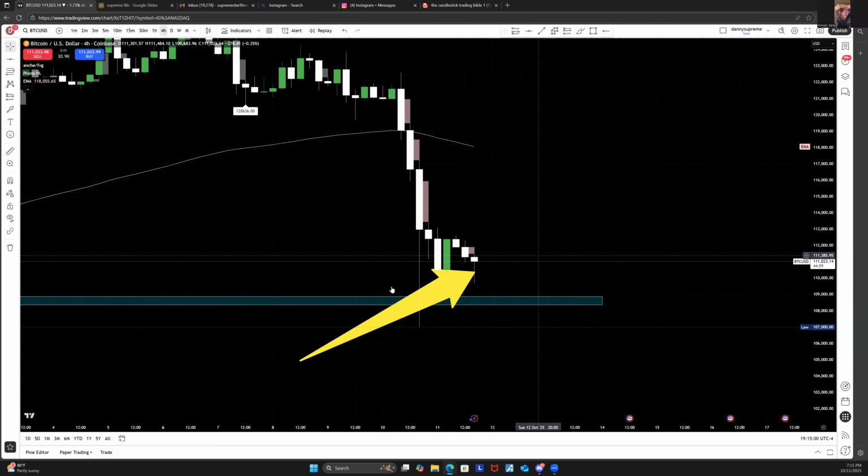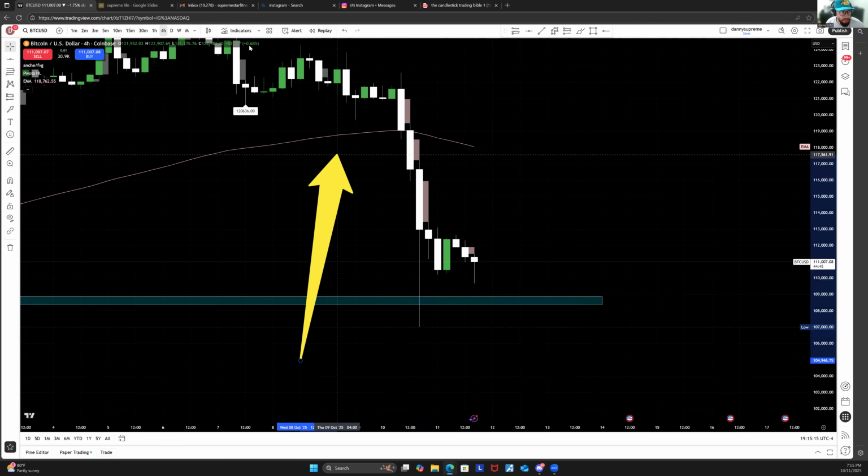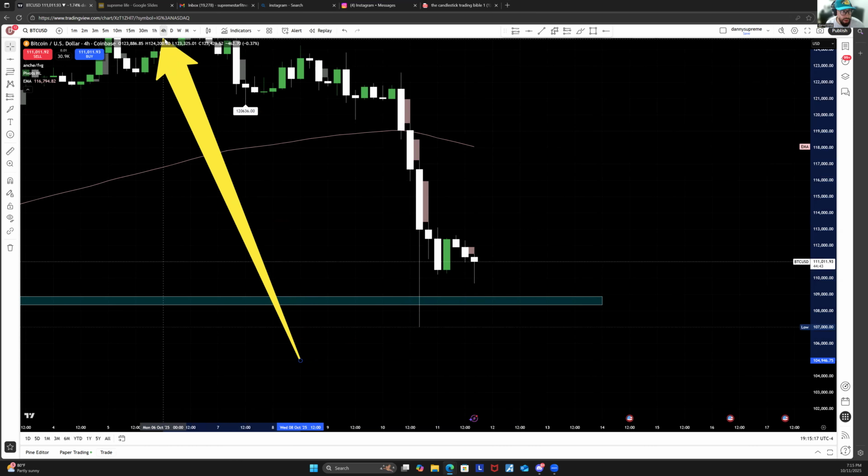Now, each candlestick has its own time frame. For example, this candlestick that you're looking at is a 4 hour candlestick. Look at the top over here. Let me switch this arrow and point it here. See? 4 hours. You see where this little time thing is at? It says 4H. That means that each of these candles equals 4 hours. Get it?